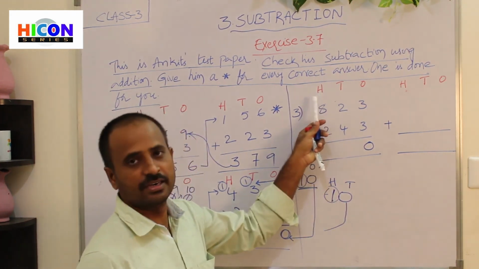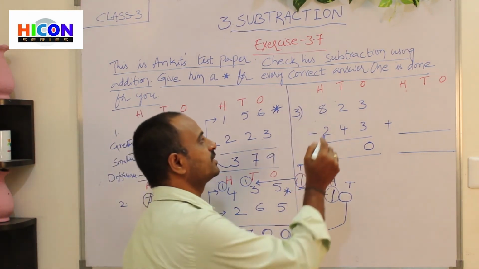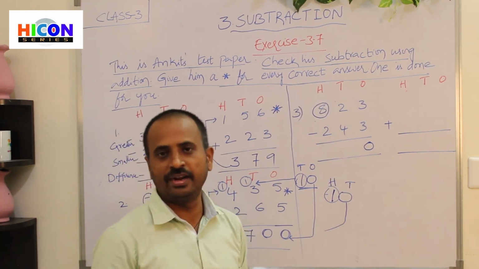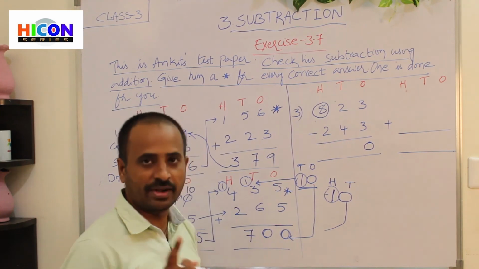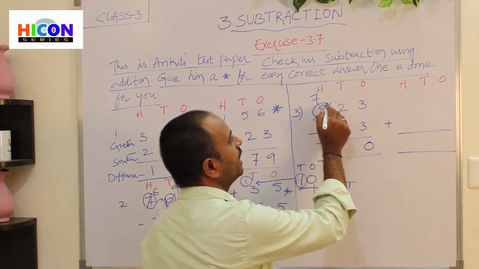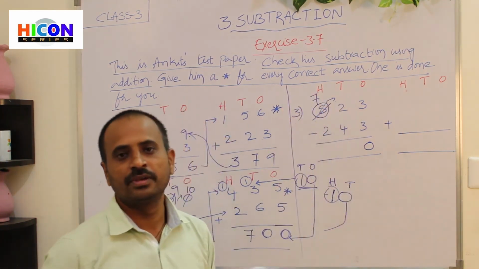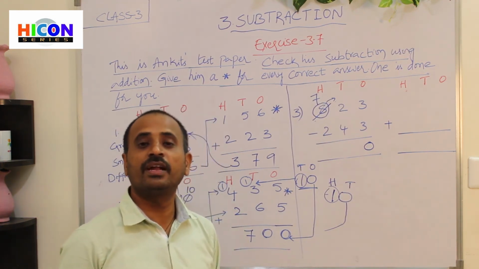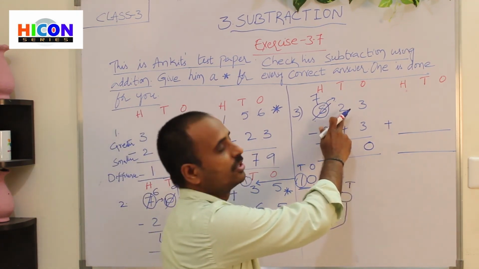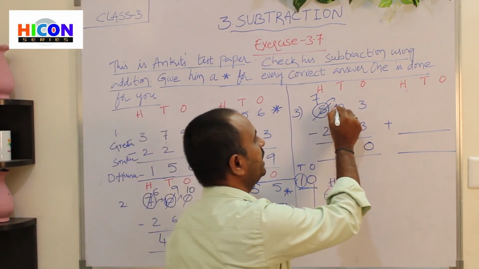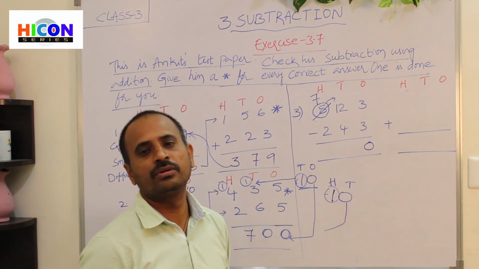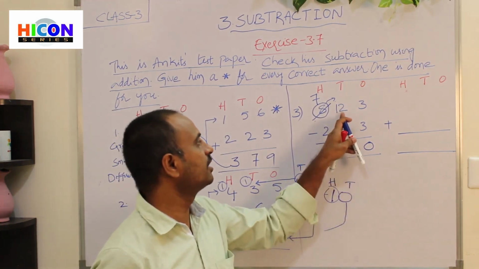What is the next place? Hundreds place. What is the digit present in hundreds place? 8 is present in hundreds place. That means 8 hundreds are there. So borrow 100 from 8 hundreds. If you borrow 100, how many hundreds will be there? There will be 7 hundreds, and carry 100 to the tens place. If you carry 100 to the tens place, 100 becomes 10 tens. So the 10 tens, and there are already 2 tens, total becomes 12 tens. So simply write 1 before the digit already present there.